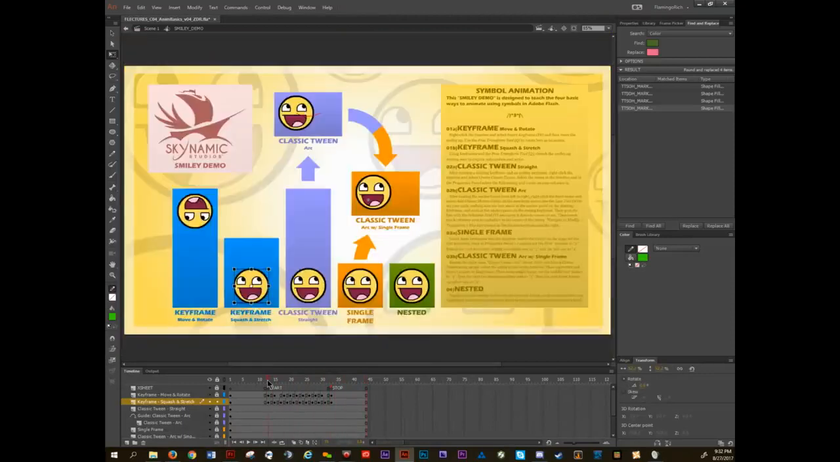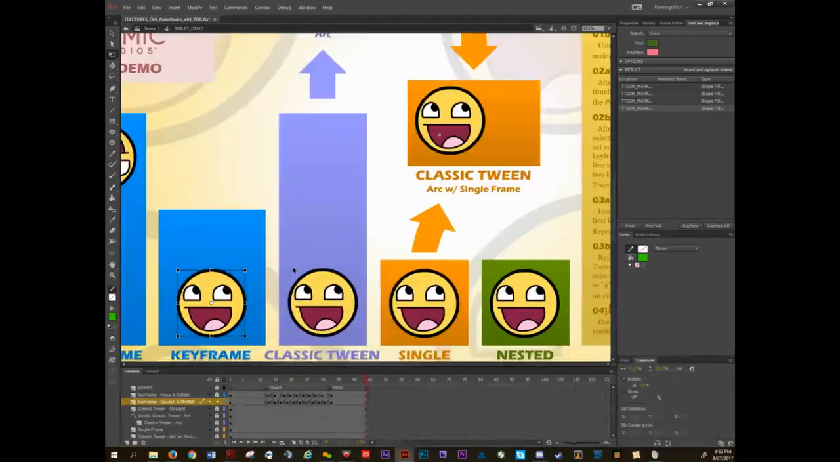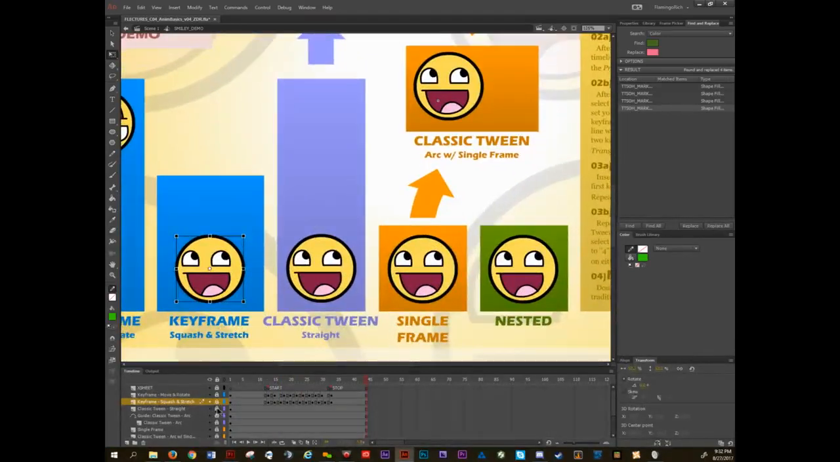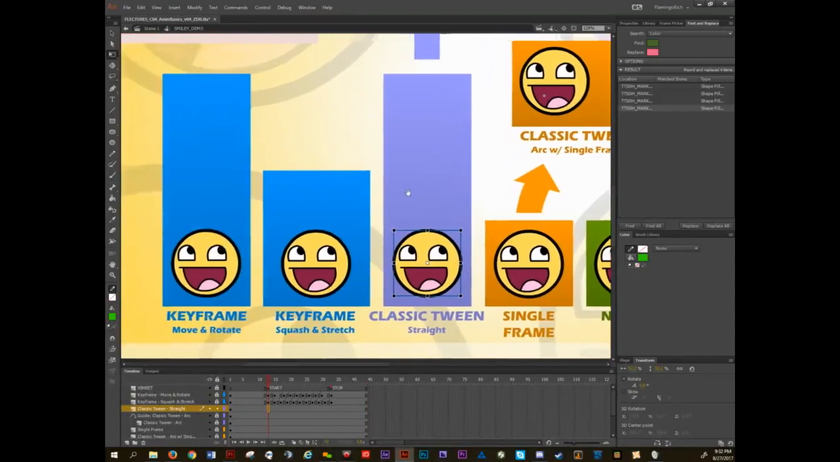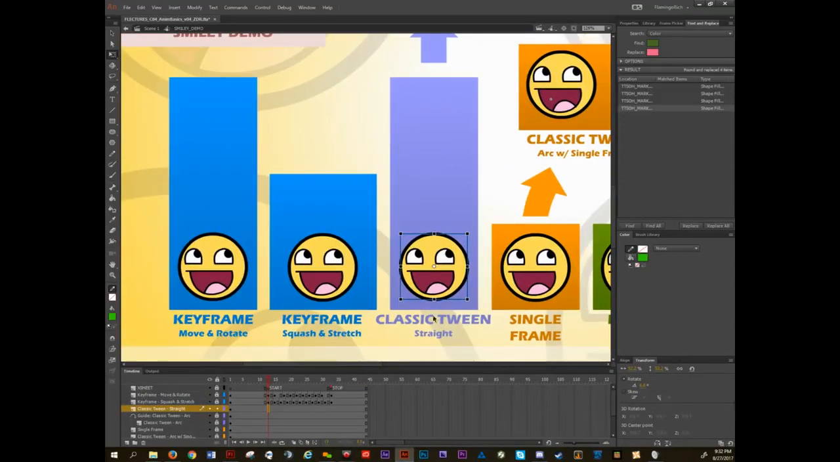All right, so we've got keyframing, move, and rotate. We've got squash and stretch. Let's talk about classic tweening. So, like I said, classic tweening can still be used for character animation. It's just insanely rare that you'll ever do it. So let's do the exact same thing that we did with keyframe, move, and rotate, but do it with a